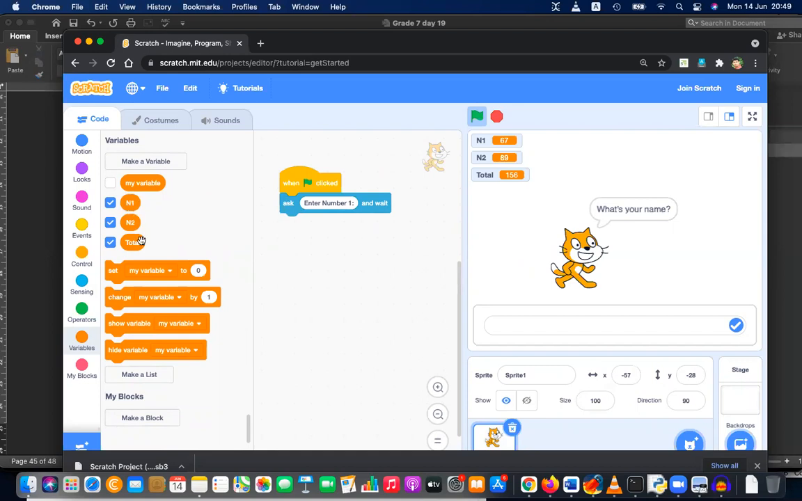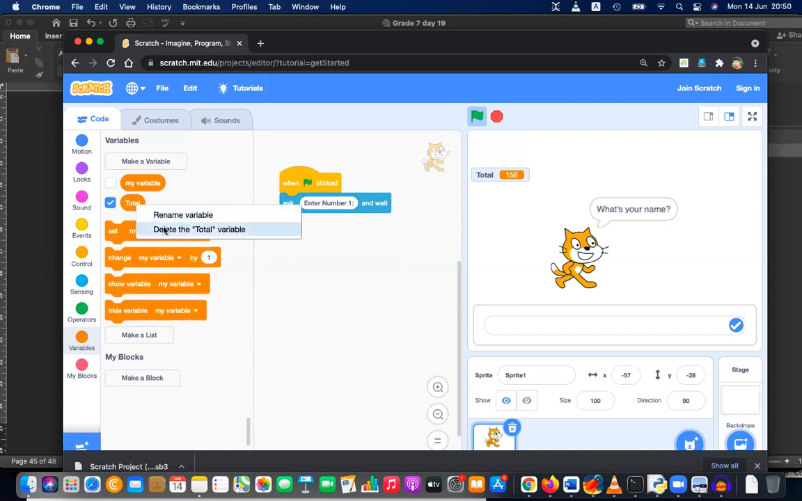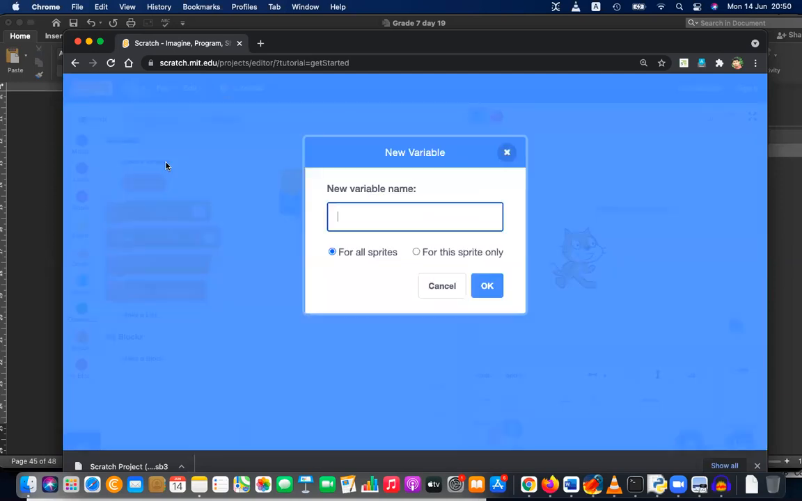N1, N2... No, sir, I can't find it. That is in Variables, the orange color one. Yes, sir, I went there but I can't see anything. So you cannot see N1, I know. You have to create that. You can see it like this, right? Then make a variable, name it as N1 and click OK. Then N1